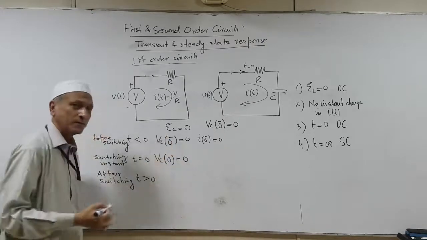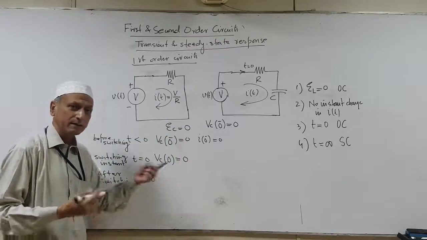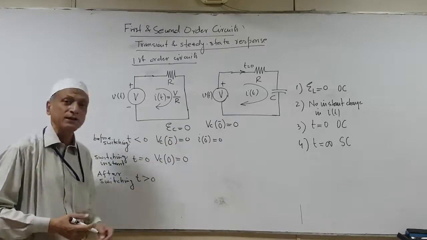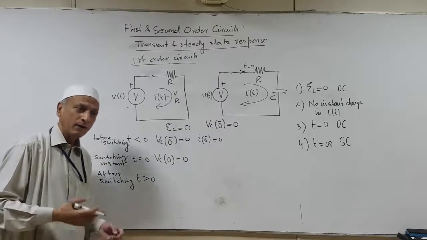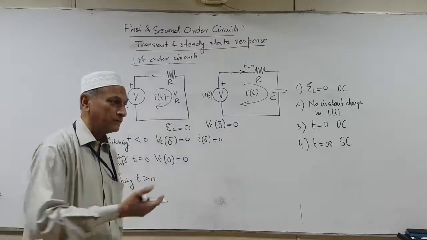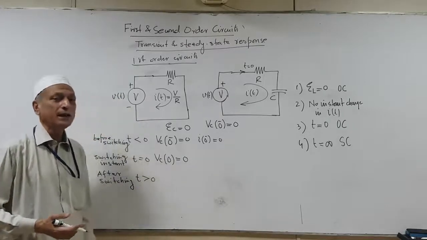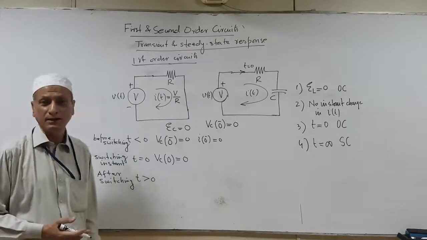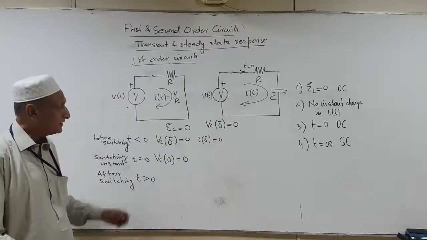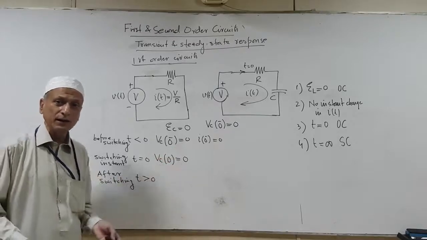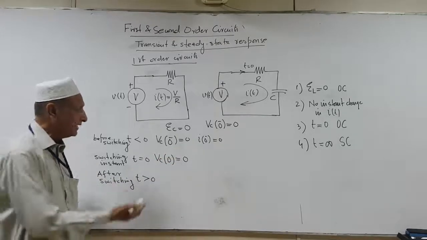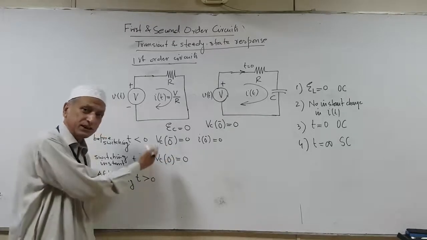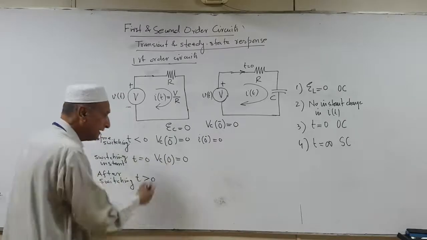So, it will remain 0, the same voltage, with the same polarity, of course, if there is a finite voltage value. Now, this is a very common situation: anyone who is sensitive to something will not like a change in that particular matter. So, a capacitor is sensitive to electric field energy, that is the voltage, and it will not like a sudden change in voltage. So, it will remain the same.